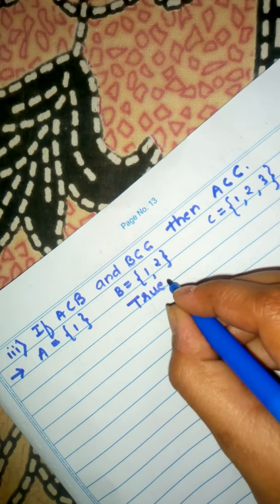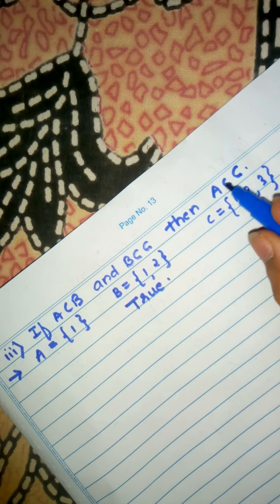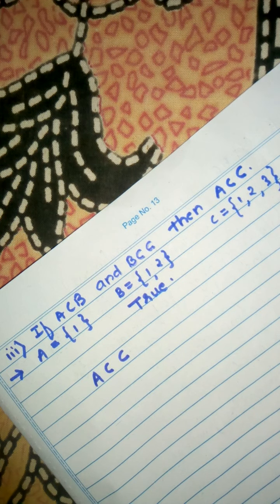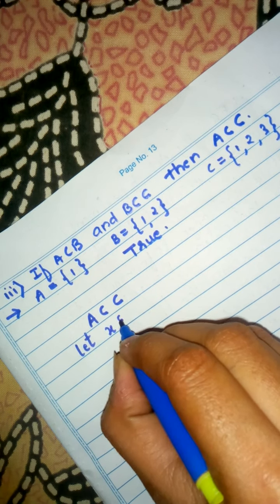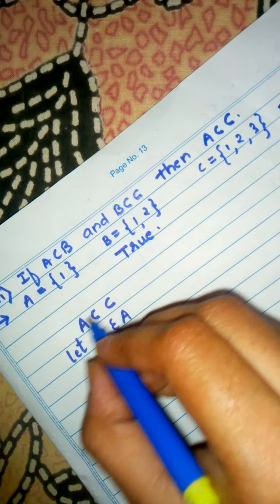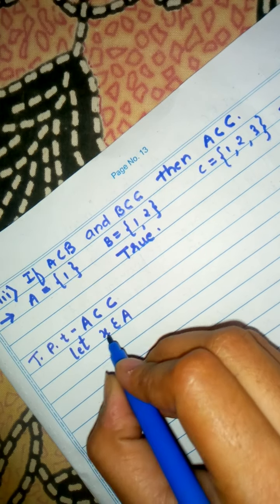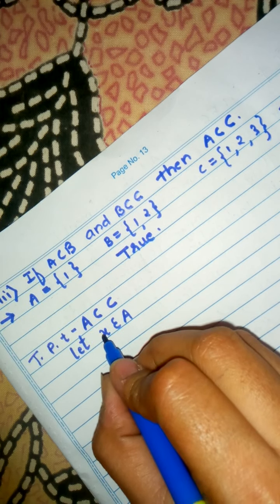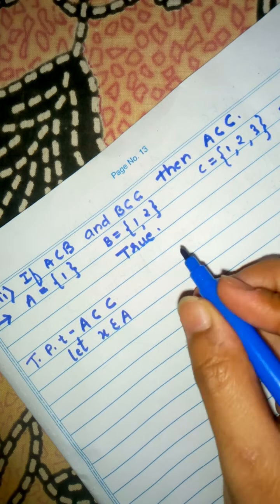Now what they have told, if it is true we have to prove it. So now what we have to show is that A is a subset of C. So now we'll take any one element belonging to A, a general element X belongs to A. To prove this, we start with this set, so we take one element in A. You cannot write it like this, A belongs to A and then A belongs to C, because this is what they have told us to prove.